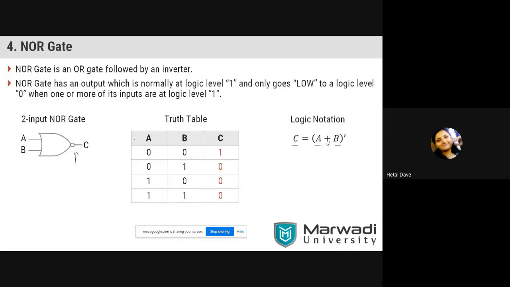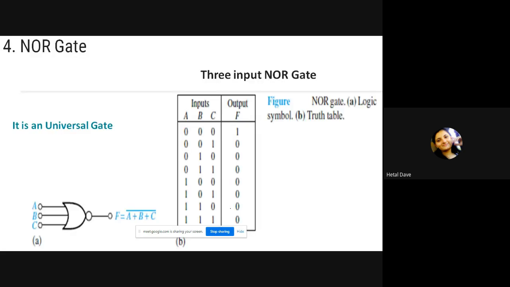So here, as per the truth table definition, we have noted the inputs. Two inputs are there and one output. So this is the NOR gate. If two inputs are there, how many combinations are there? Total four: 00, 01, 10, 11. Whenever we give 0, 0, the output of the NOR gate will be 1. For all the rest of the combinations, the output will be 0. So this is the NOR gate truth table.